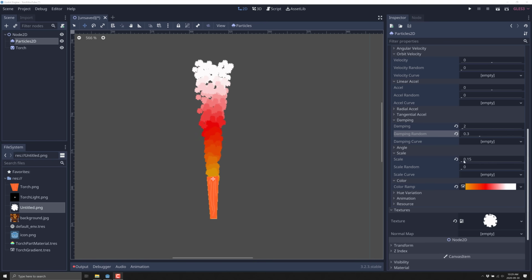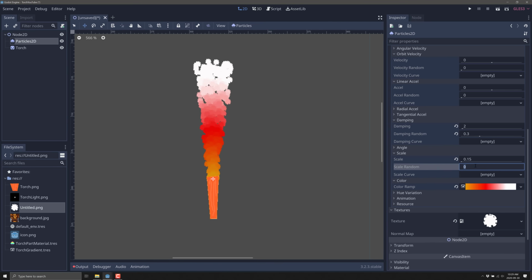So we got here already, we're scaling things down. We can randomize the scale just a little bit. So let's randomize this to 0.2. There you can see a pretty big, profound change. So until you get to the effect you like, I'll go 0.1. Let's see what that does. No, it was better at 0.2. And some of this is definitely going to be just playing around until you get something you like.